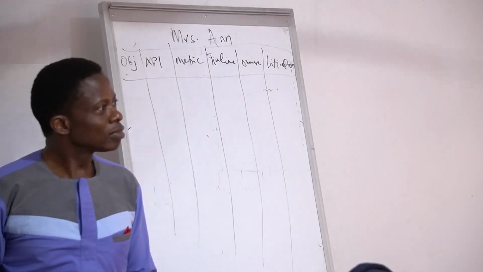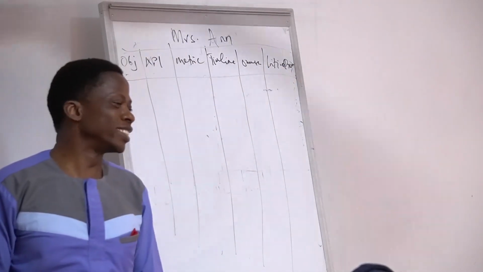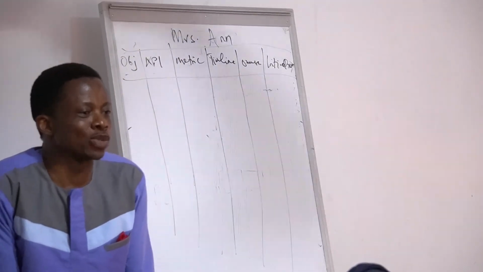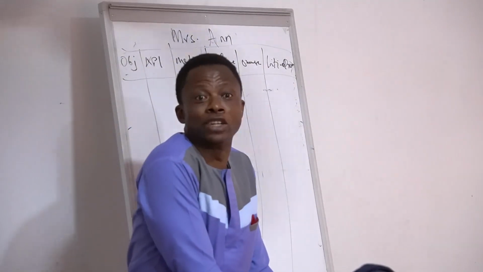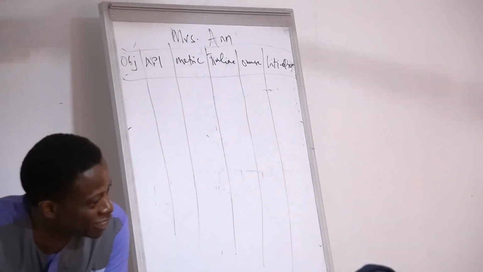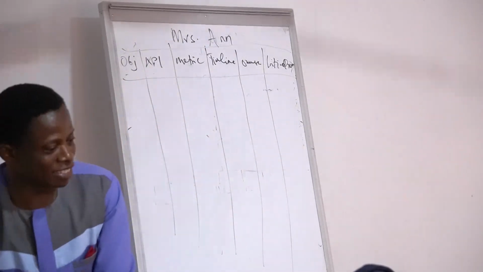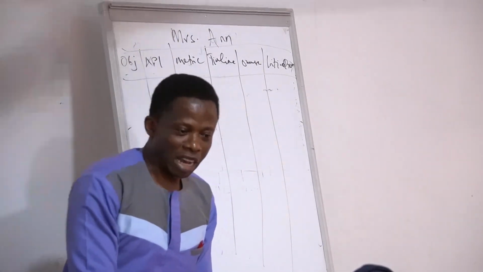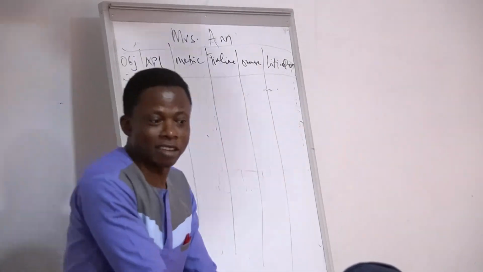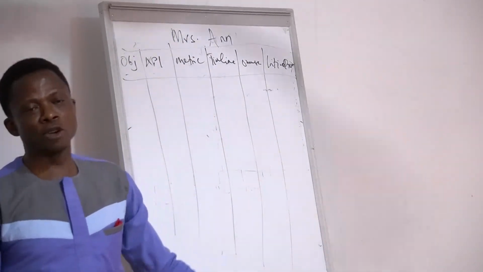Three objectives will tie to the vision of the organization. Please let's not miss that. You can't set departmental objectives in isolation from the goal. It is the goal God gave you that you use to set objectives. The objective means this is the one you want to do this year. After we have accomplished that, we go to the goal again. We have done 30%, remaining 70. Let's add another 40%. These are the objectives from the main goal.